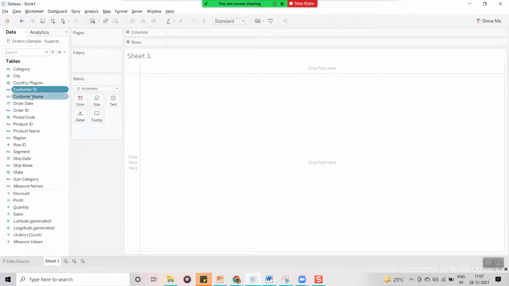The fields above the line we call dimensions. And the fields below the line we call measures. And definition wise, actually we can say,